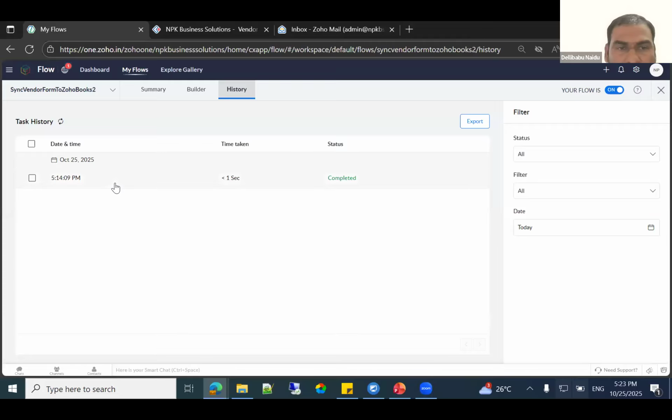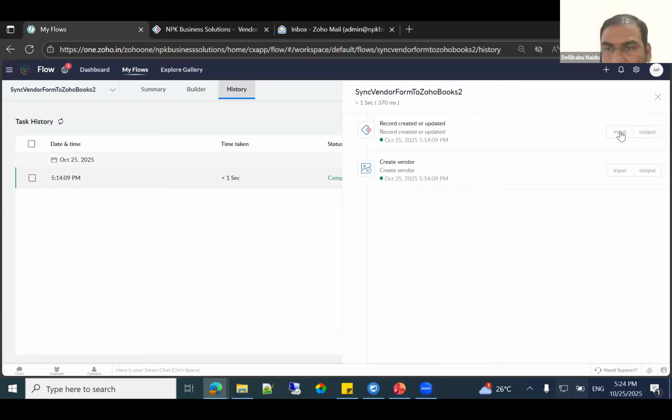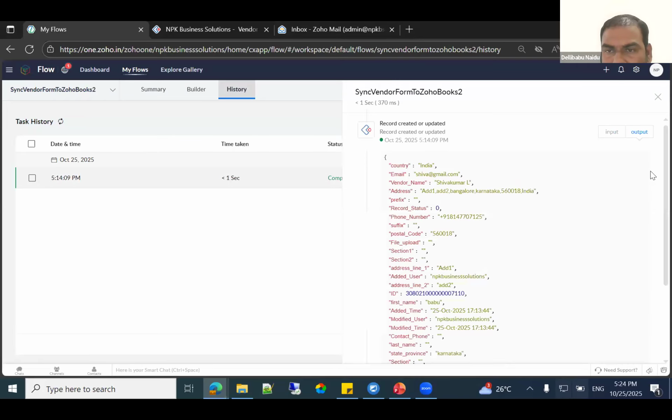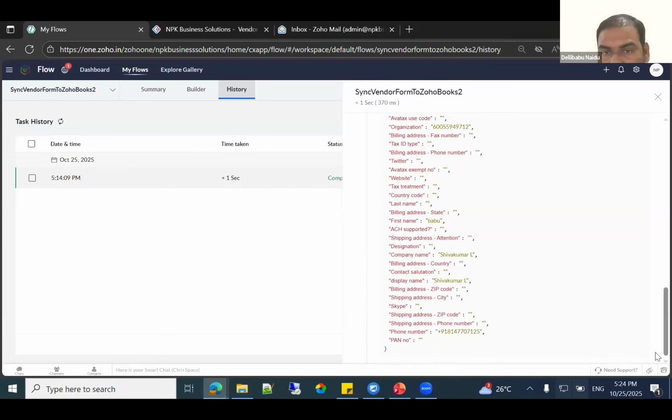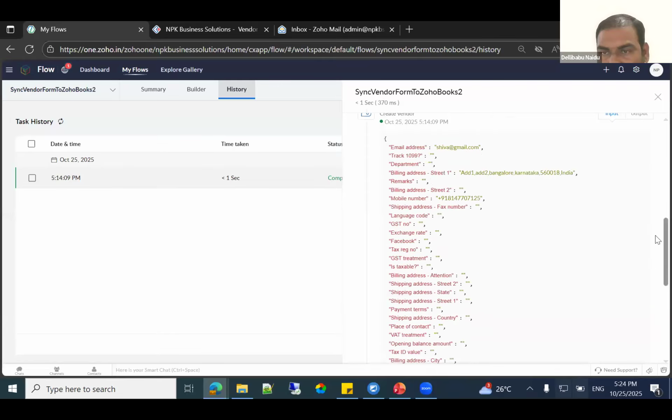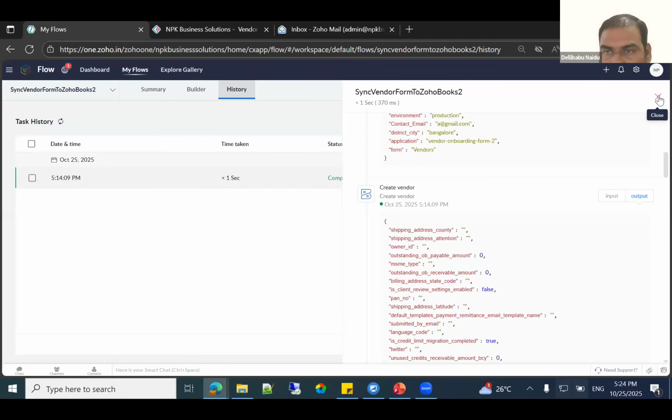Yes, see, now it has come here. The record has been inputted. These are the details from Zoho Creator. The second thing, Zoho Books has received the same information. Yes, this is the technical part.